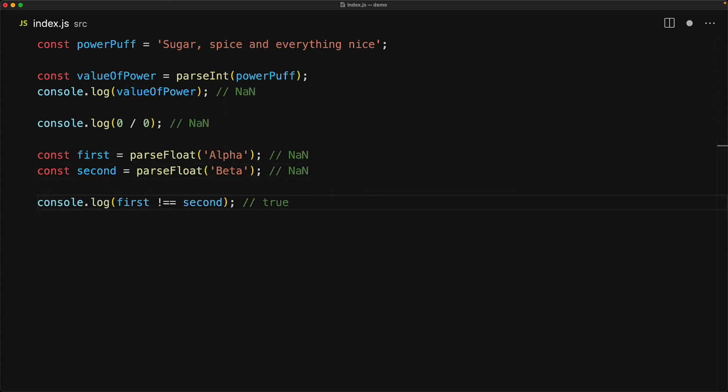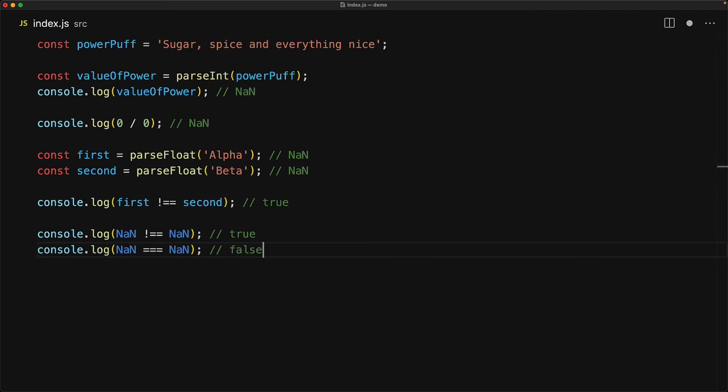And indeed, this is the case within JavaScript. However, this does mean that a NaN is not equal to a NaN. This poses a slight problem because if a NaN is not equal to NaN, then a NaN equal to NaN will be false. This will actually prevent us from checking if a particular value has resulted in a NaN, but